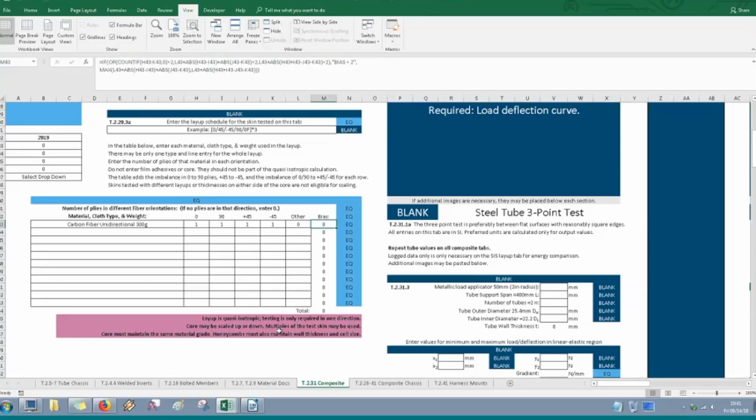So you can take that, you can double it, you can triple it, quadruple it, whatever you need to do. One detail: when you're scaling the core up and down, it has to be the same material grade. If it's a honeycomb, it has to be the same wall thickness, it has to be the same cell size. If you just use one type of ply in your layup, you're done. If you've used multiple types of plies, let's say you've done a carbon fiber,